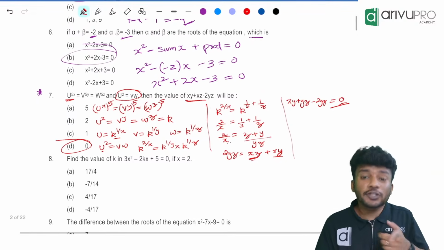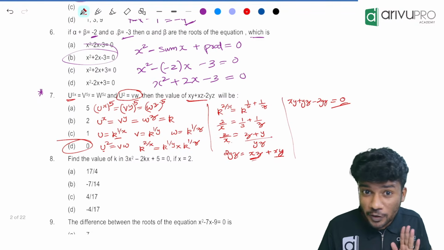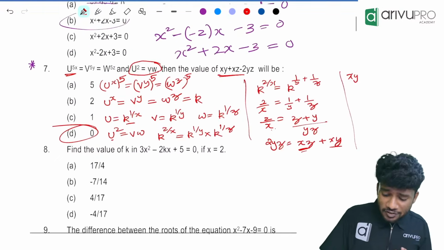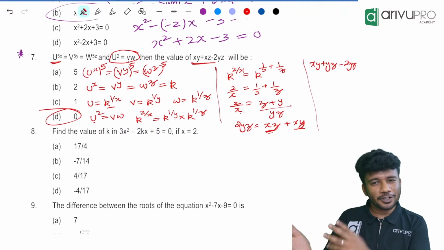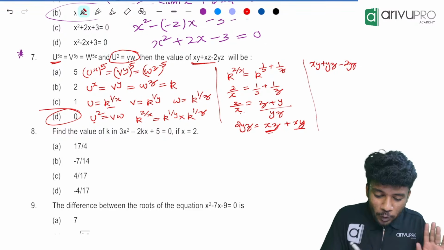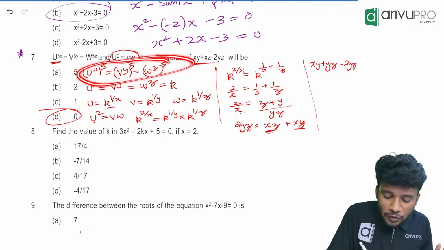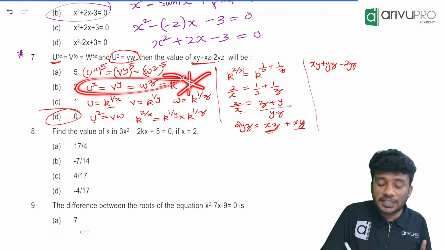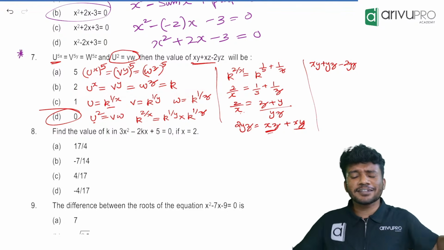Very good question. You know the shortcut. I have taught you the shortcut in class, and I think in the marathon also I have discussed it. You can use that shortcut also, and you will get the same answer. The only difference is taking the fifth root over here. That is the only change in this question. Other than that, everything else is the same.